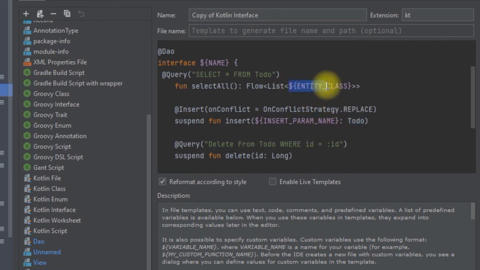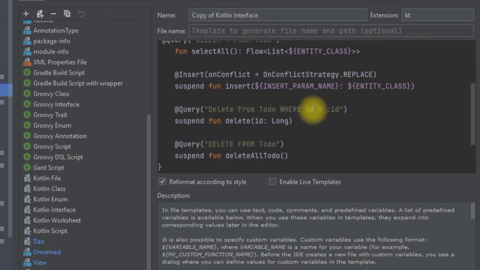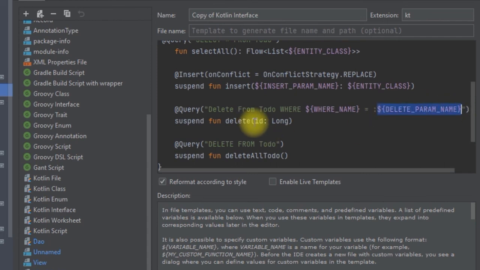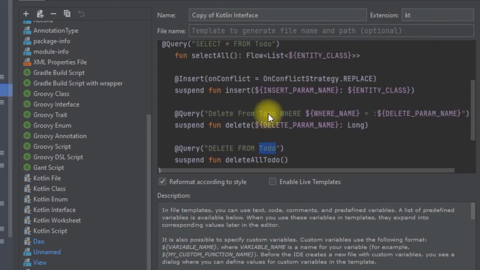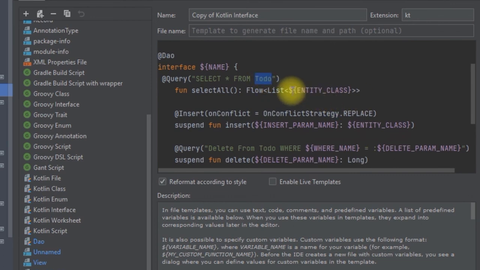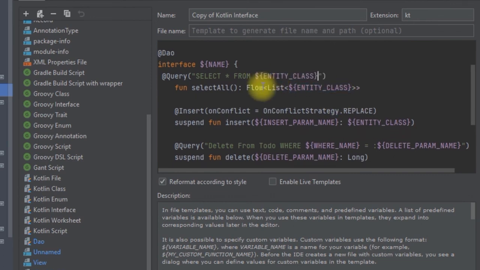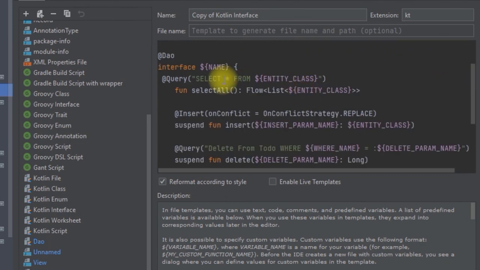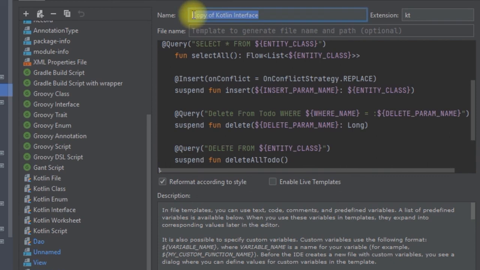Now, also here we want to use the entity class. So we are just going to copy this and we are going to pass in here the entity class. Now we want here also to pass in. Now, I think here we are done. After that, you just have to provide your name. For example, here we can just call this